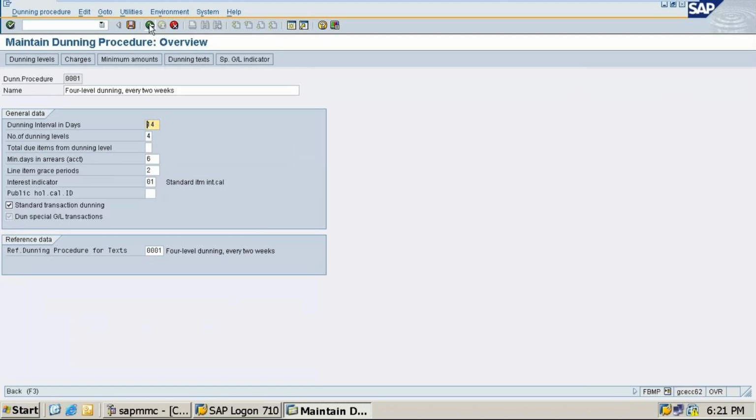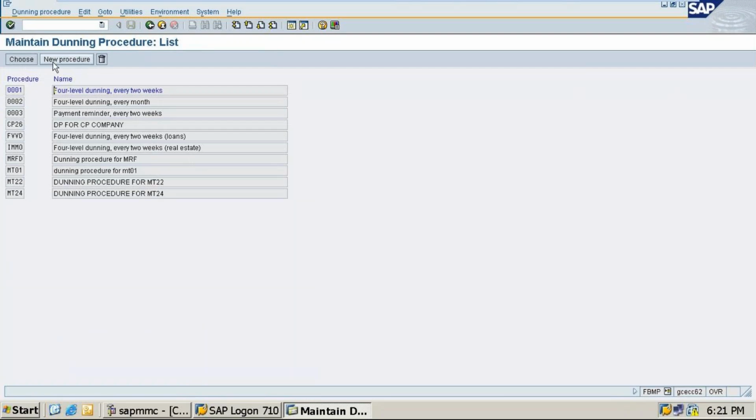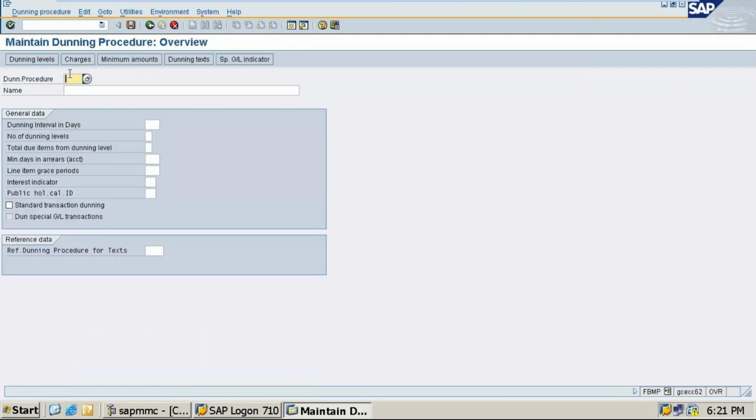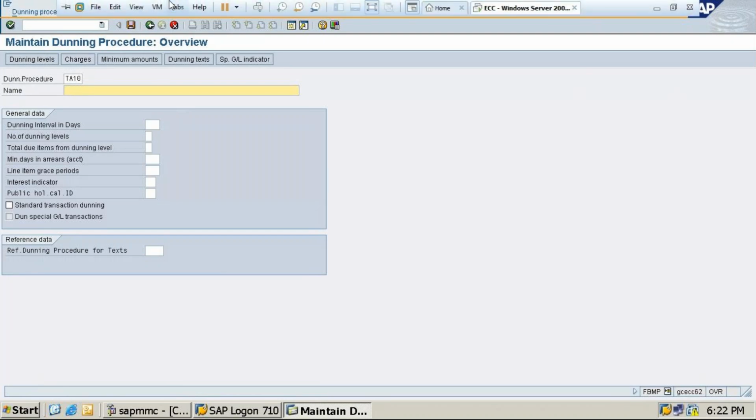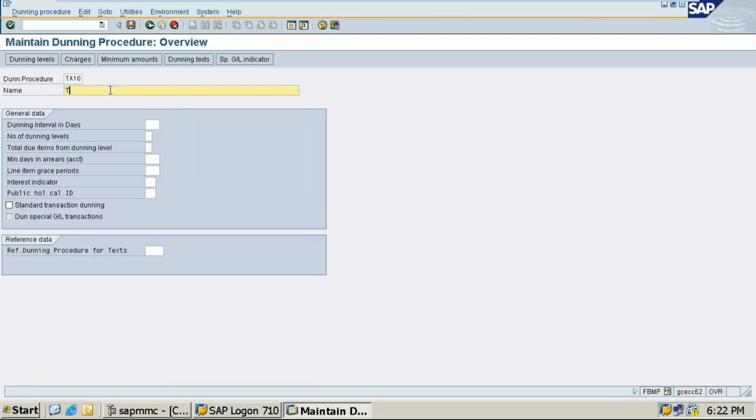Okay, let's do once more. So here click on new procedure, TA10. So this is Tata dunning procedure. So you click here, Tata dunning procedure.